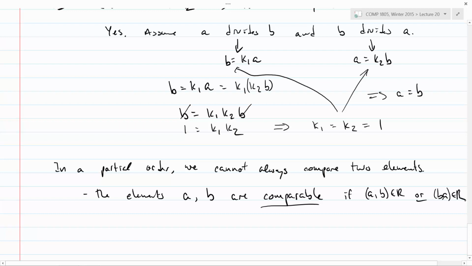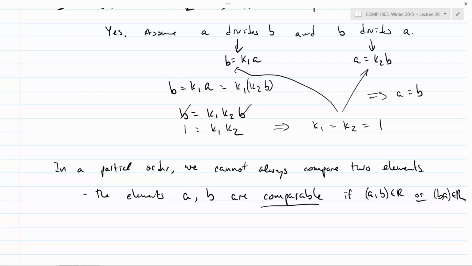So think about how these work. These partial orders sort of have like a less than or equal feel to them. And what I'm saying is that they're comparable if one of the two ways you can write the pair is in the relation. So for example, under the less than or equal relation, 1 and 3 are comparable because 1 is less than or equal to 3,